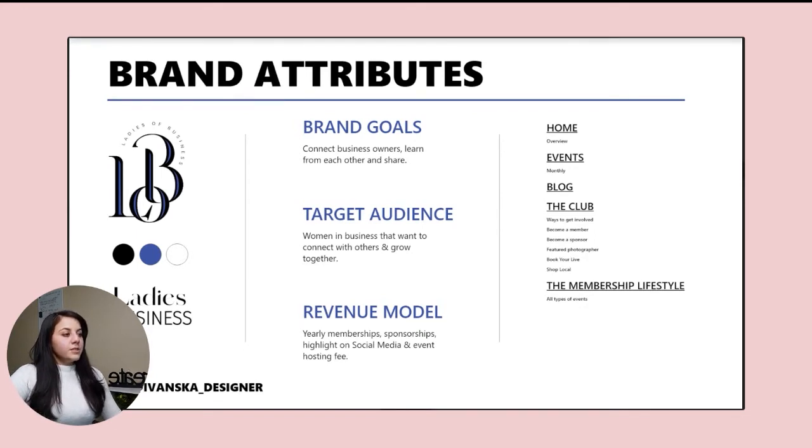So here is their sitemap. Basically, I defined what their sitemap is. So the home, events, blog, the club, and the membership, which you guys already saw here. So this right here, sitemap. All right, so now that I've defined the visuals, their actual goals, the revenue model, who it is going to be made for,